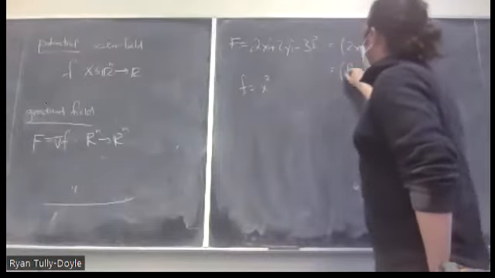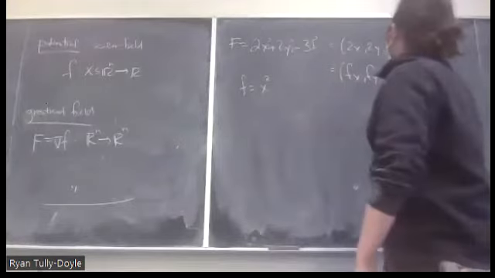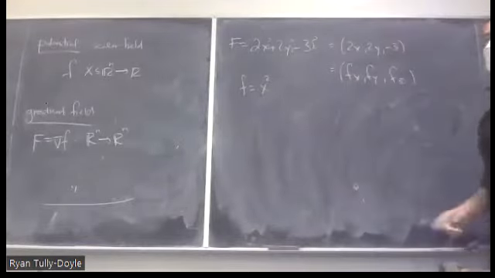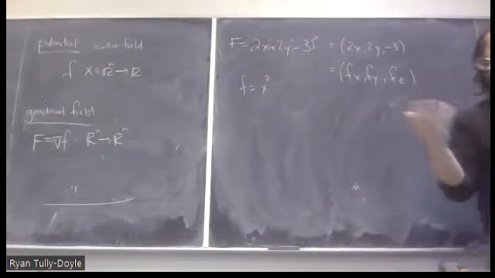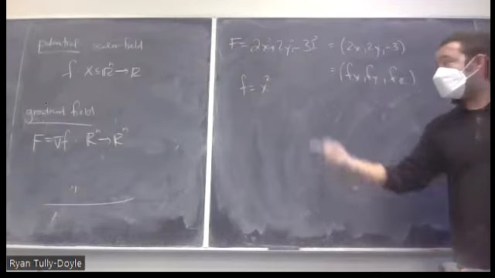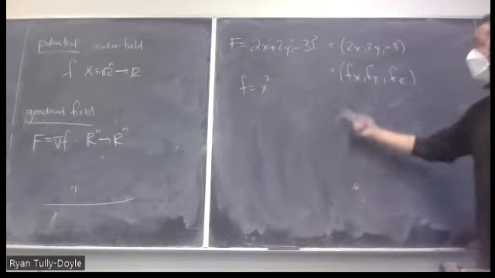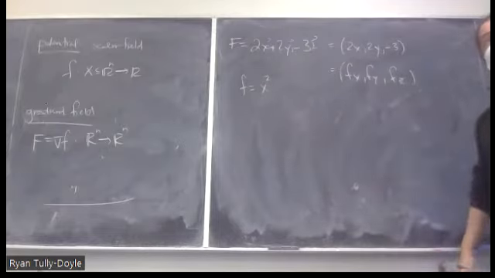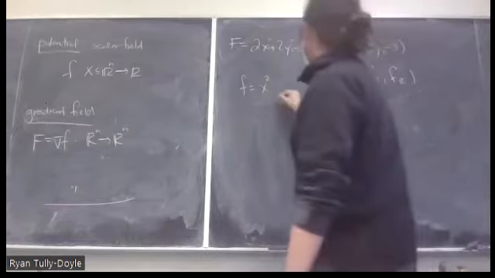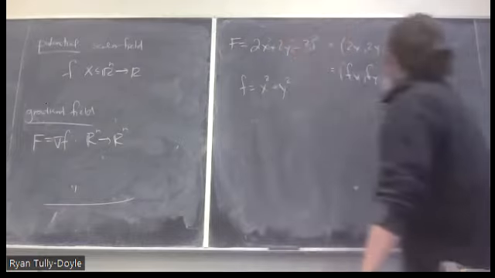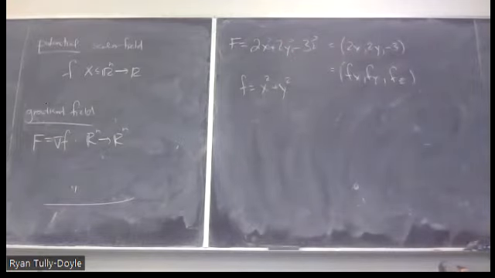But if it's a gradient, that means this is supposed to be fx, fy, fz. The derivative of this function with respect to x is supposed to be 2x. So if you do a partial integration to get f back again, you get x squared. Where did the 2y come from? Well, if fy is 2y, then f had better be equal to y squared. And this minus 3 out here, the easiest thing that could have come from is